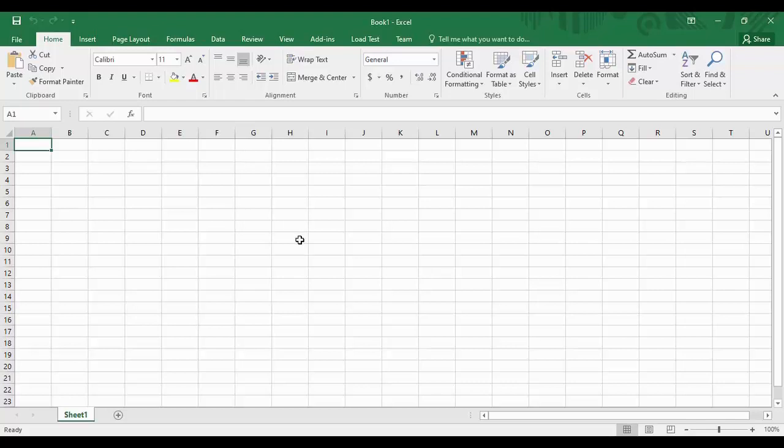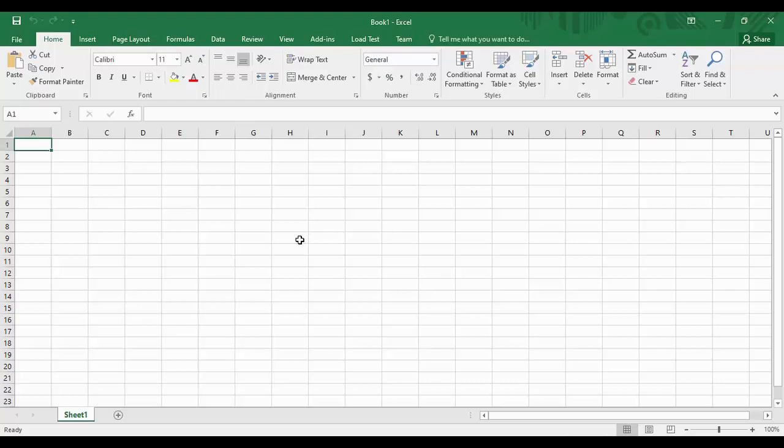So as we know, Microsoft Excel is software that is available with the Microsoft Office package, and this software is used to create spreadsheets or charts, tables, etc. Basically, whenever you want to format your data or organize it and view it in a tabular form or in a graphical representation, then this particular software is used.